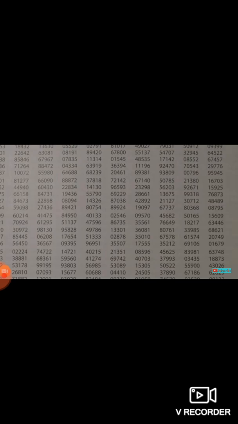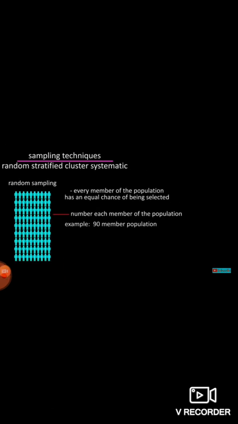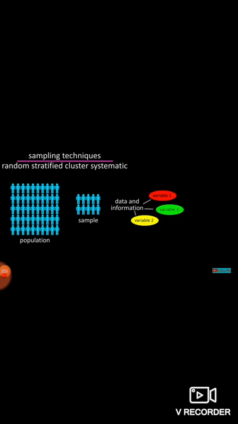Now this is a very scientific method. This is the merit, and it is representative. The sample is representative of the entire population, and this is time saving. And the sampling errors can be measured under this. So what are the demerits? We need a complete list of the population, only then we can get a sample.